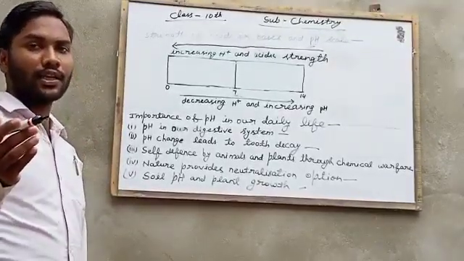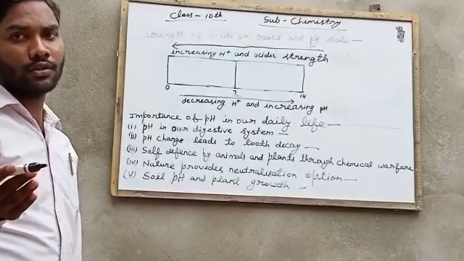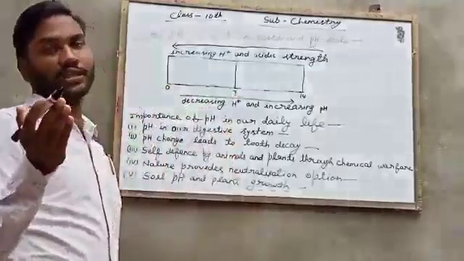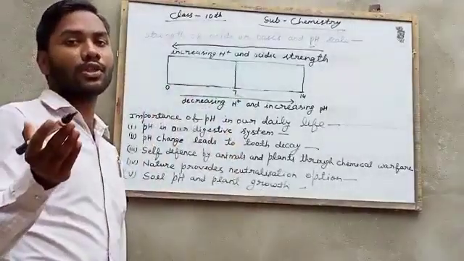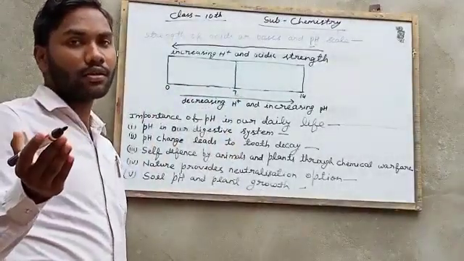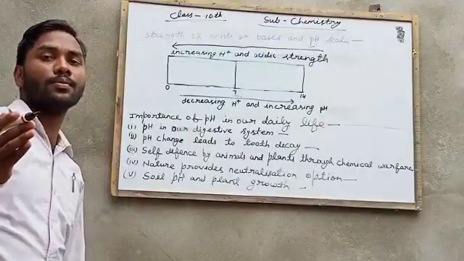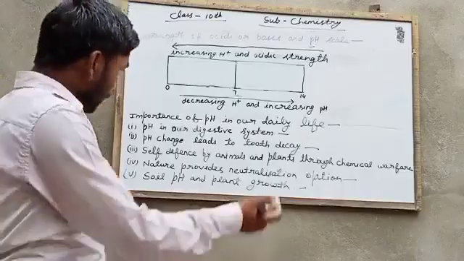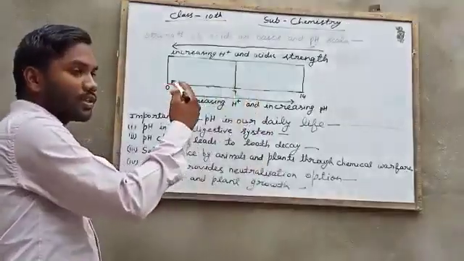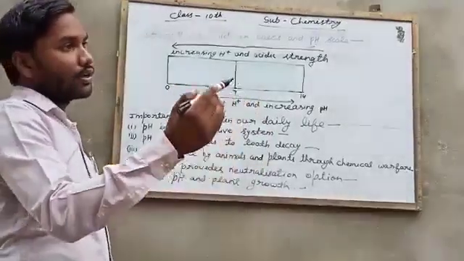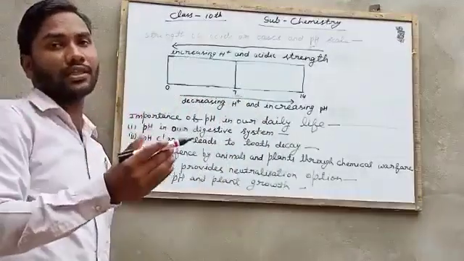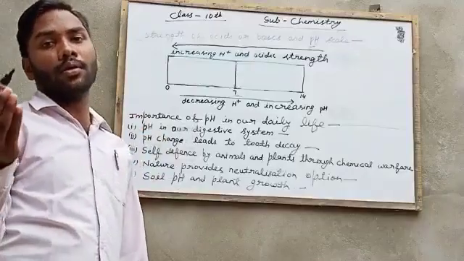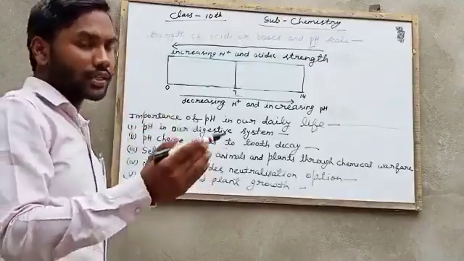With the pH scale, we come to some conclusions: acids have pH less than 7, neutral solution has pH 7, and alkaline solutions have pH more than 7. If pH decreases, acidity increases, and if pH increases, acidity decreases.